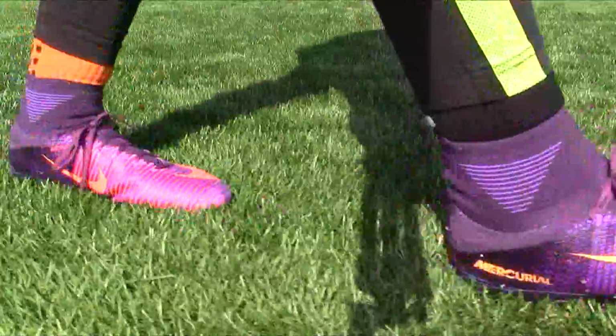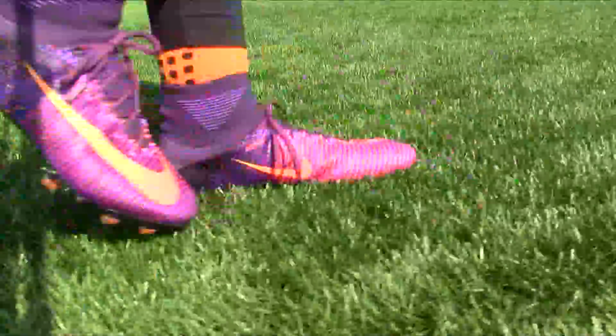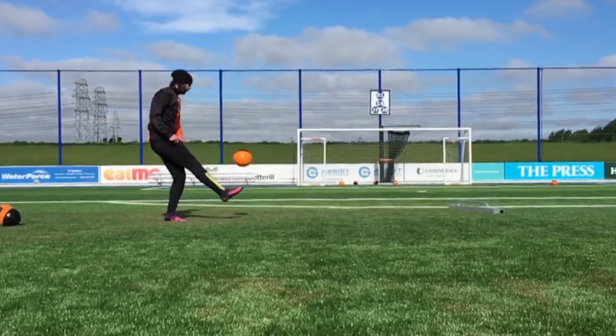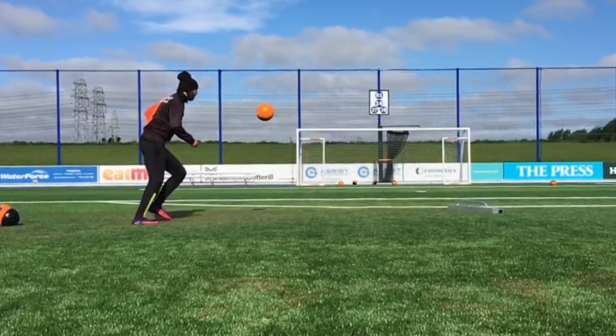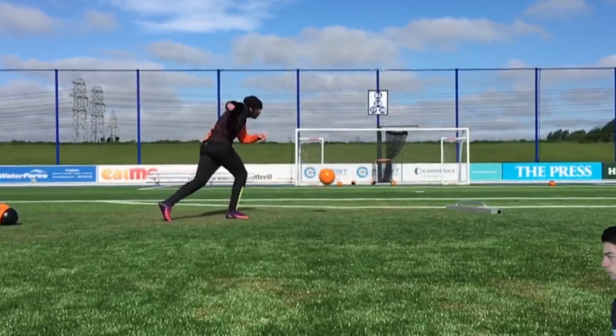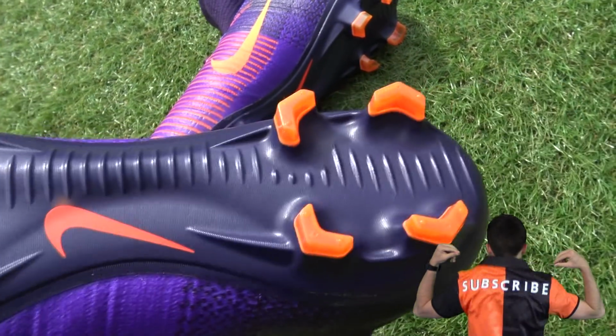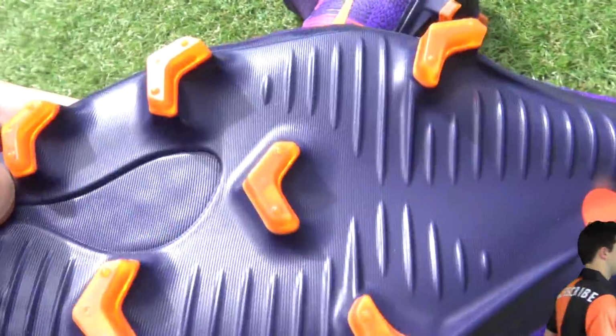Now, performance pros with the Superfly 5: it's arguably going to be the most responsive boot on the market. You've got the contoured sole plate, a central lacing system, and Brio cables, making these boots very, very responsive. As well as that, it's going to have a very, very barefoot touch to the ball. It's not going to be like any leather boot on the market. It's got a very thin upper. The chevron stud system and contoured sole plate is the key feature of the Superfly 5,